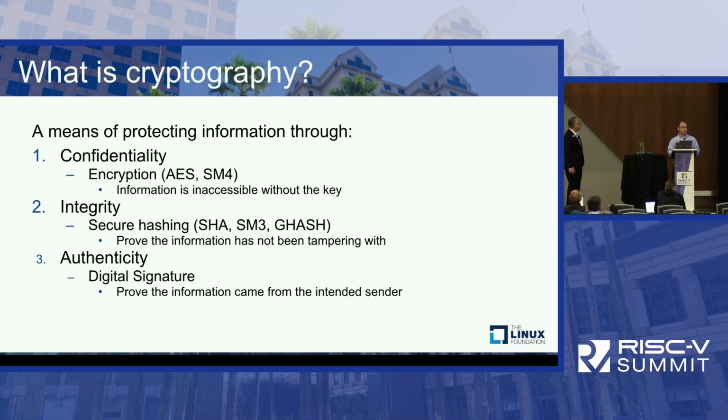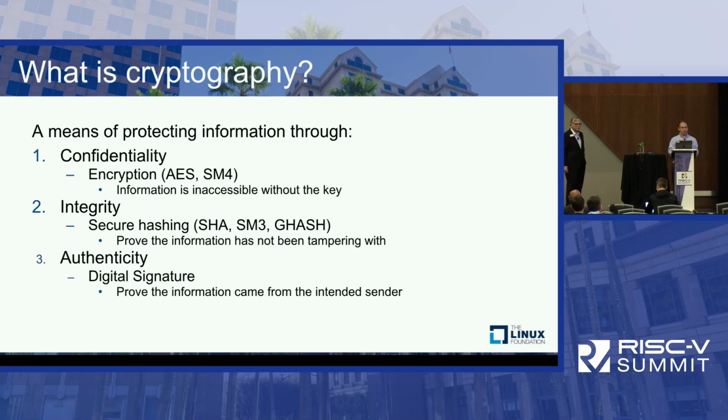Integrity is a way of proving that the information hasn't been changed. It could be that you send an encrypted message, a third party intercepts it, they do some bit manipulations on it, and before the receiver gets it, they decrypt it, and they get something that has false information. It's a forgery.